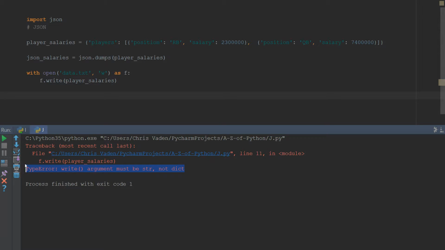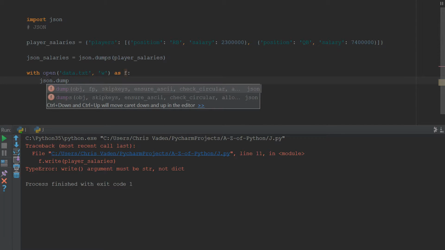There's a dict writer function, so you could technically do this, but the basic writing to a text file is expecting a string, not a dictionary. And this is like the fundamental problem and the reason JSON exists, because there's no easy way really to store this complex data structure in a single line of text, like in a CSV file or text file or whatever. But what we could do is do